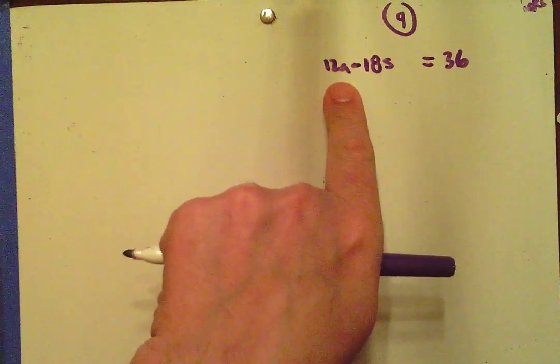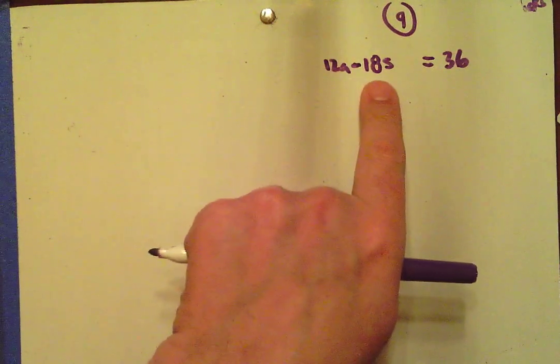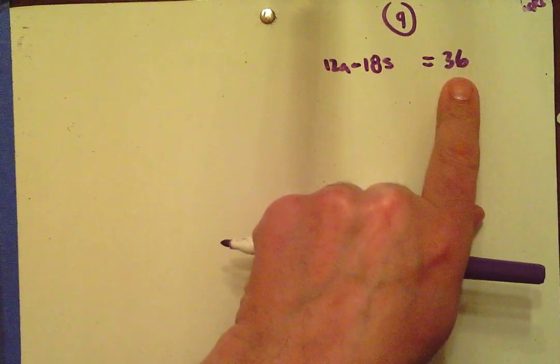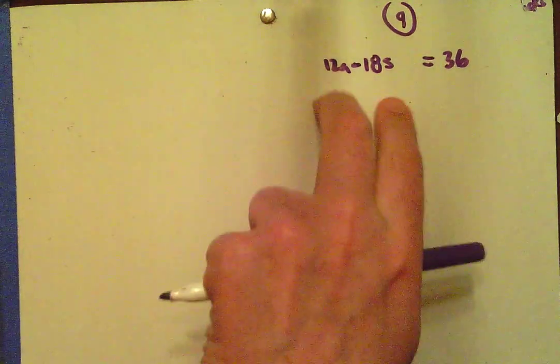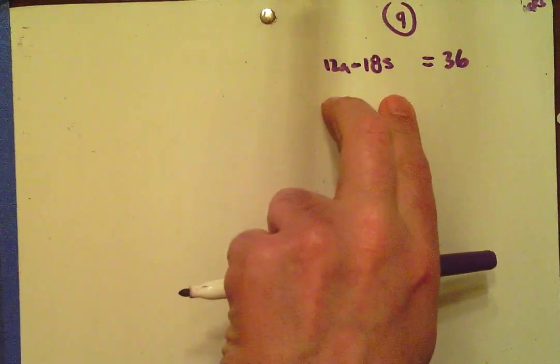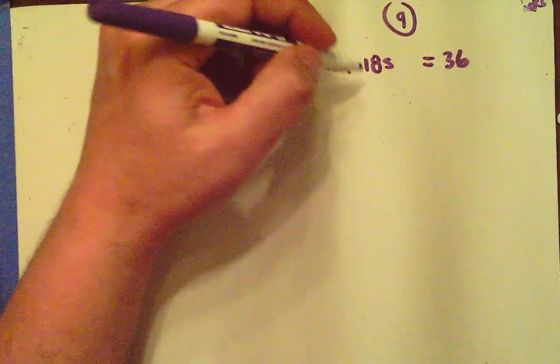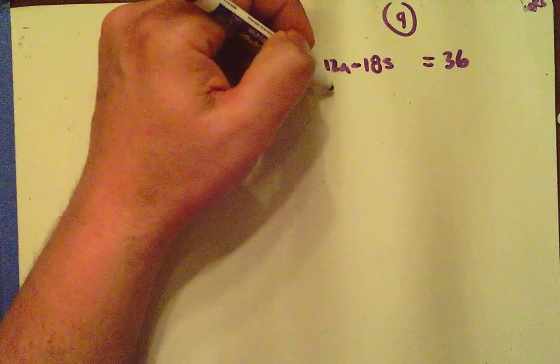But I don't know that the 12 adult tickets cost more than the 18. What I know is that the difference should be $36 between the stack of money that's the biggest and the stack of money that is the smallest. And so maybe I'm looking at